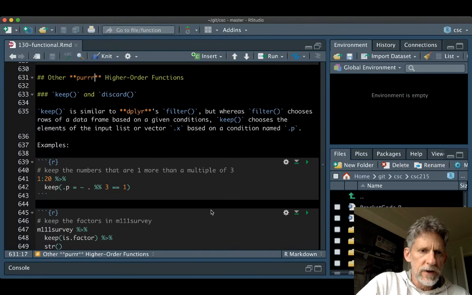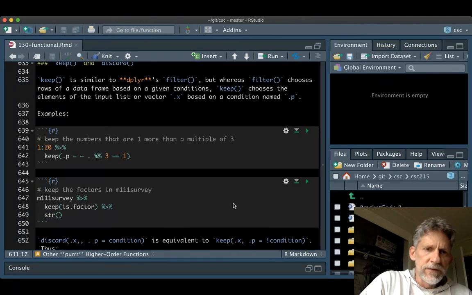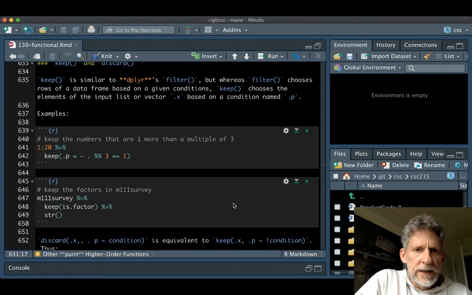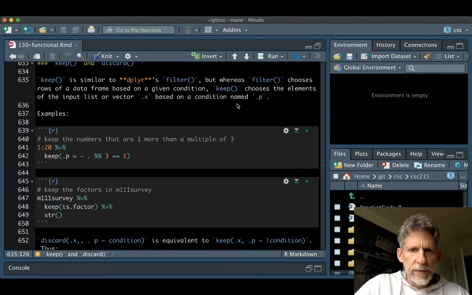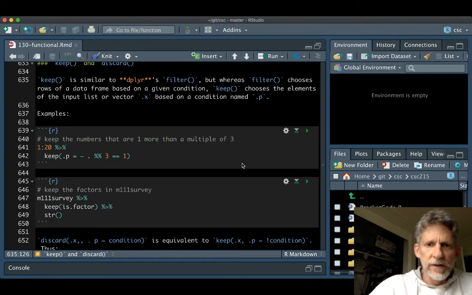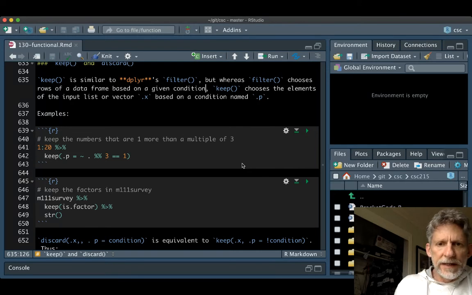close relative discard. So keep works a lot like dplyr's filter does on a data frame, but filter chooses rows of a data frame based on a given condition, and keep chooses the elements of the input list or vector .x based on some condition that it calls .p. .p is going to be a function that returns true or false, and you keep stuff when the function returns